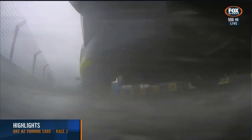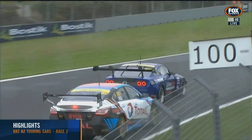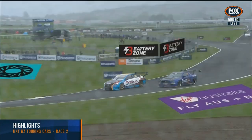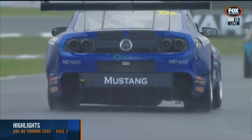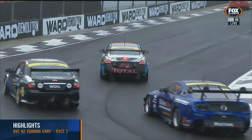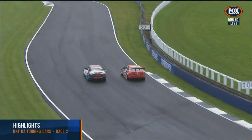And when we get to the end of these highlights, just keep in mind that vision we saw of how much gap Nick Chester had all the way up the road on Simon Evans. There was this really cool battle between Radicic and Nick Ross that went on for a couple of laps. Ross having to work really hard to get by the Mustang, but once he did, he was able to drive away and work towards finding Lance Hughes up the road. It's hard to think this was the same race. We saw those replays just a moment ago of the rain teeming down in turn number 1. This was the move from Nick Ross around the outside like Eminem was